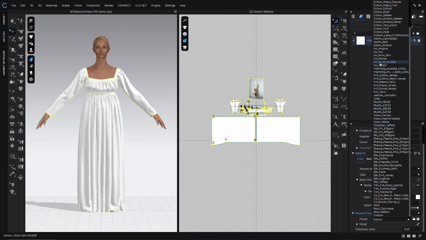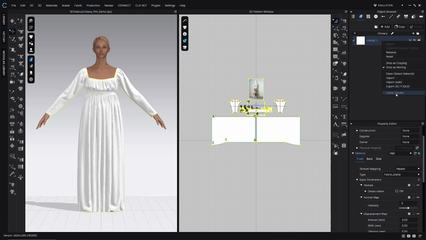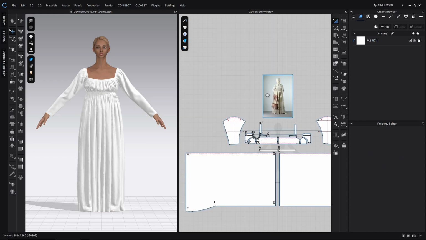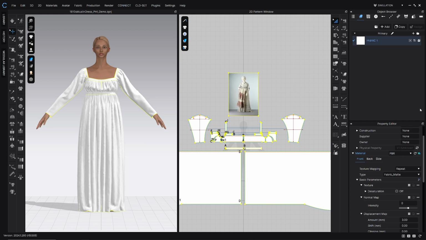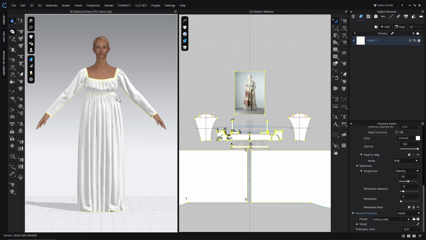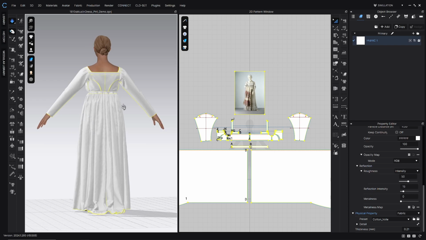So I think that as far as a fine sheer fabric goes, this is closer. You are also welcome to right-click fabric 1 and go to fabric creator and see if you can find something closer. But I think this is giving the right effect and looking like our reference image. So let's make sure that we applied cotton voile, and go ahead and press simulate. And you can see that, yes, we're getting a much softer silhouette out of this fabric